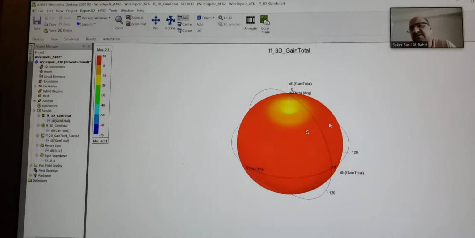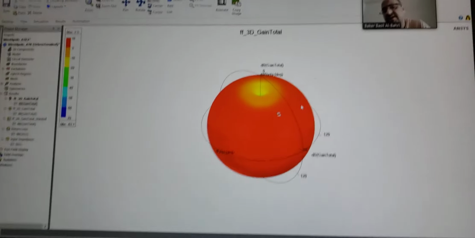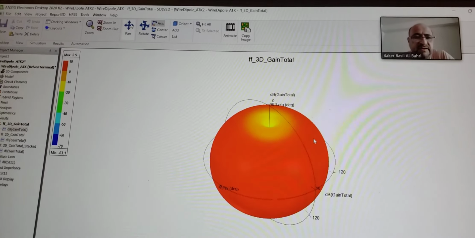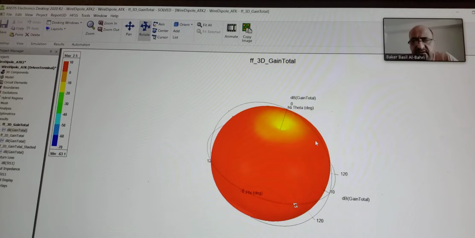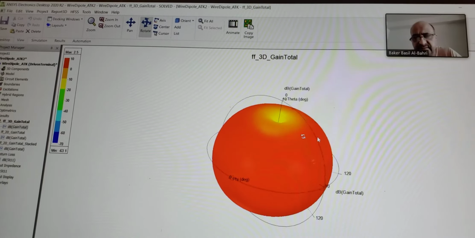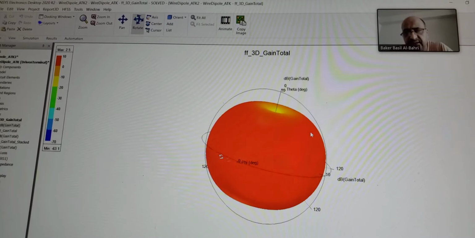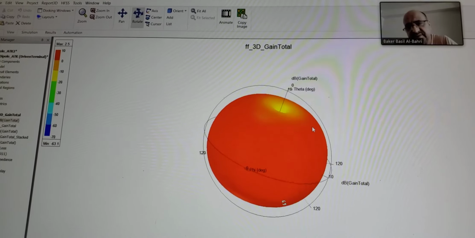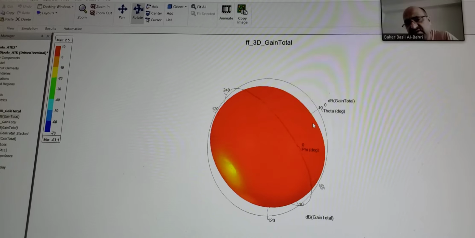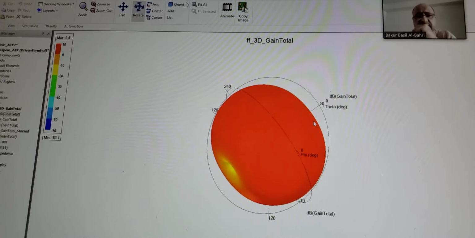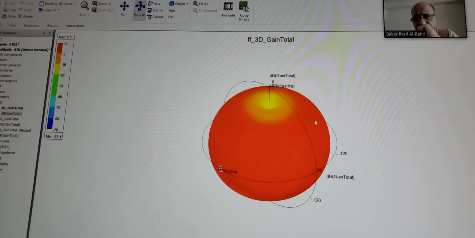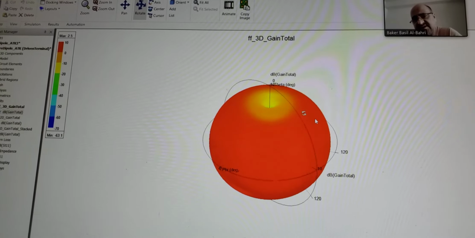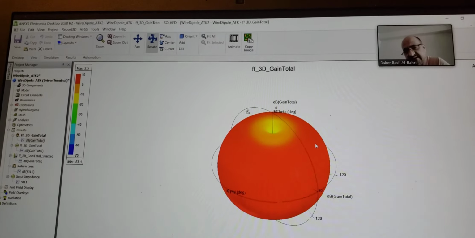Now suppose I want the radiation pattern. Let me show you here. Usually the 3D is useful, but usually we prefer 2 dimensions. So I wanted 2 dimensions in this plane. You see this plane, this is this circle here, this one,